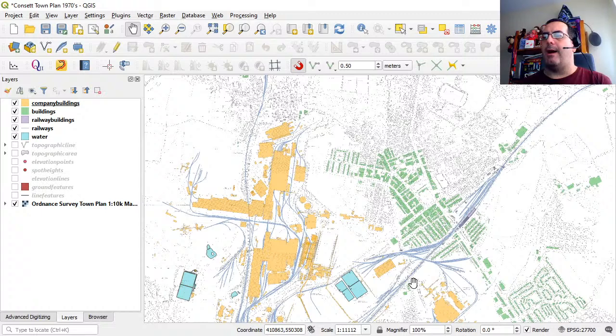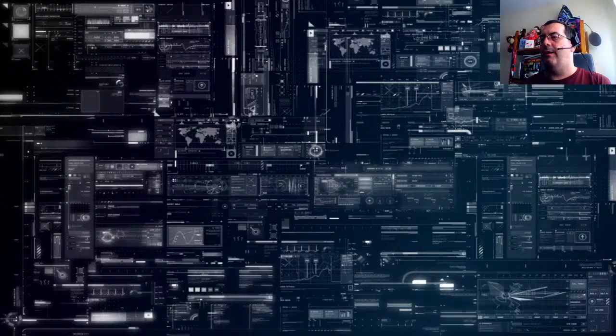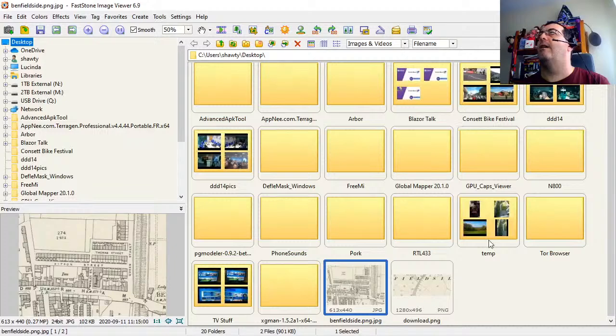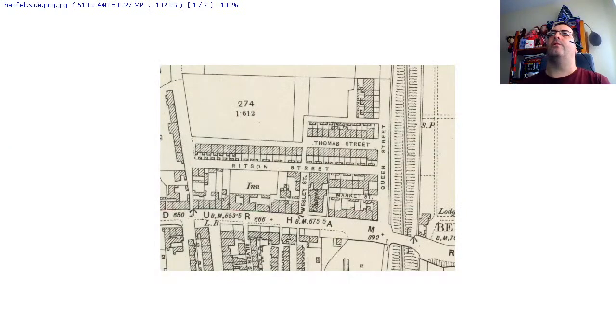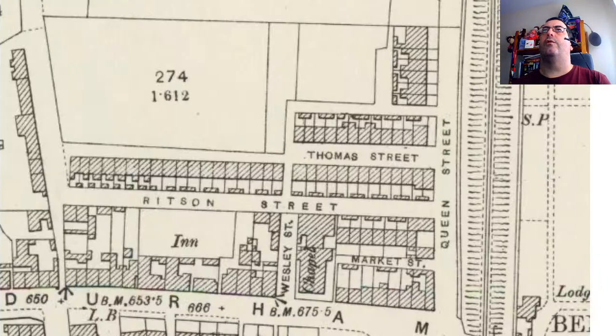Getting a good map is as much of an art form as it is in drawing on it. And to actually get a good map, we need to use something called a geocoder. Now, I don't actually have time to go fully into that at the moment, but for example, if I bring up this snippet of Bensfield side that I just downloaded a moment ago, what we would do typically is we would load this image